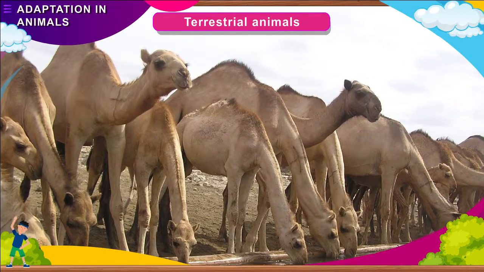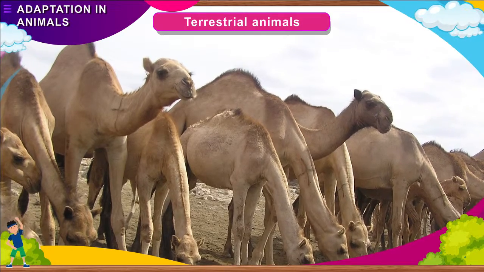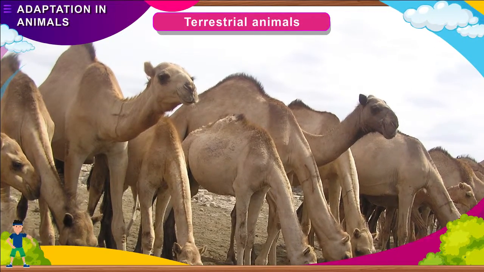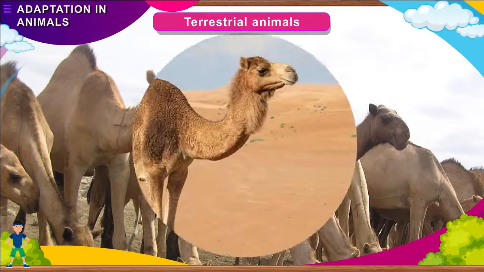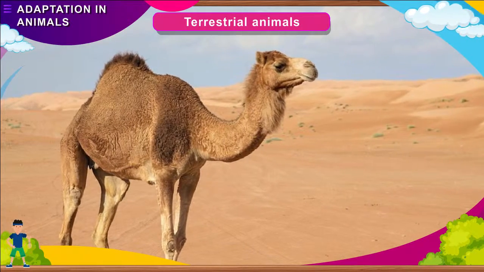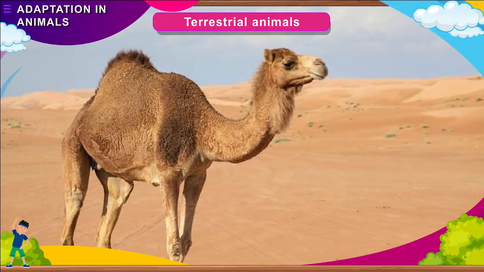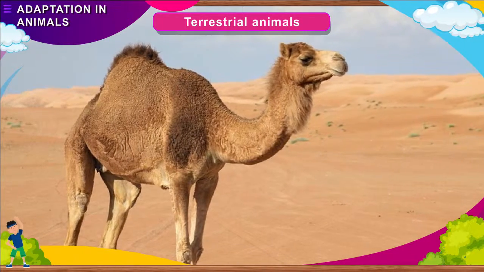Their bodies are well adapted to save water. They can survive without drinking for days, losing up to a fraction of their body weight. Camels do not store water in their humps, but it is fat which is used up when they need water. They also close their nose during a storm.